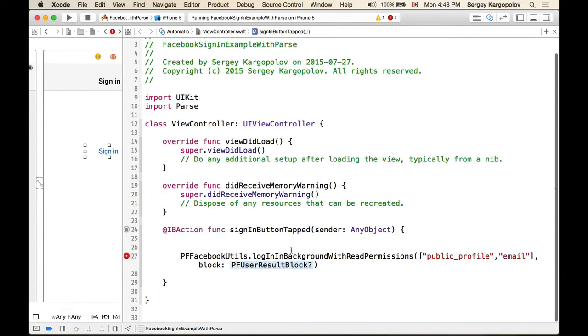When the user signs in for the first time, Facebook will prompt them for a permission: would you give this permission to see your public profile and email address? Once the user taps OK and logs into our application, the completion handler will be triggered, and we will be